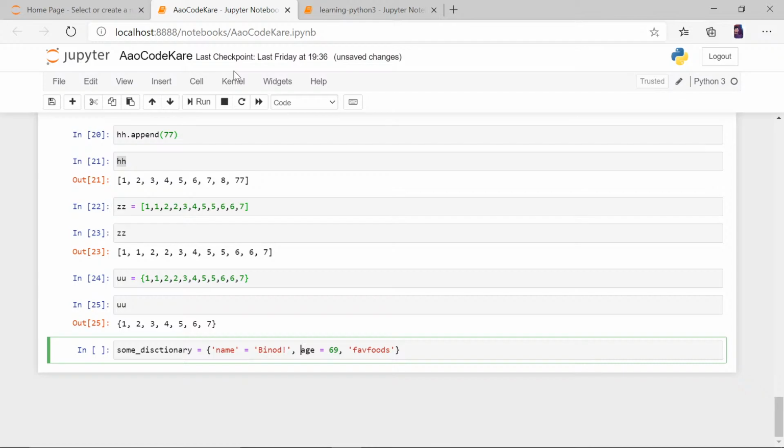Again, you have to write everything in strings. Fav food or list equals to, let's say, give me a list of something like poha, maybe, because Binod can be a Maharashtrian guy who likes poha, upma, Jaya or Shushma.